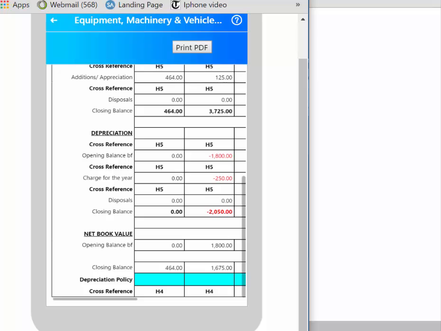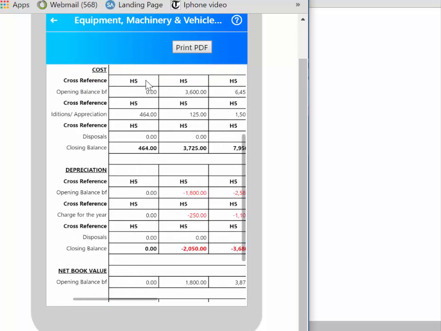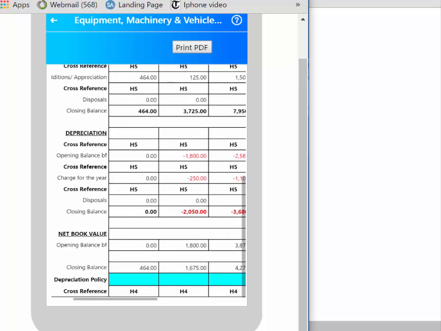Then below here, we've got the depreciation. Opening balance, the charge for the year, and then depreciation written off for assets disposed of, and then the closing balance in terms of depreciation. And then finally below here, we've got the net book value. Now the opening net book value is basically the cost brought forward and depreciation brought forward. The two are summed together. In fact, 36 plus 1800, we're left with 1800. And then below here, this is the closing balance,